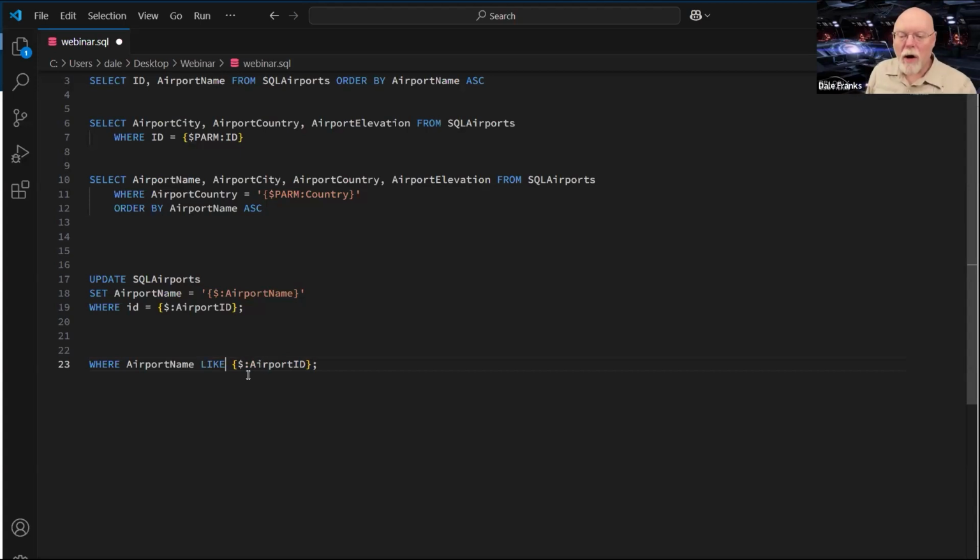So I can find where an airport name is like, and now again, we're going to use just a hard-coded thing here, although we could use a system variable. And I guess I should probably show you the syntax for both. So let me replicate this. So we'll see two different examples. But in the first example, I'm just going to hard code a value. Now, airport name is a text field, which means I'm going to need to have my little single quotes there to set off the text.